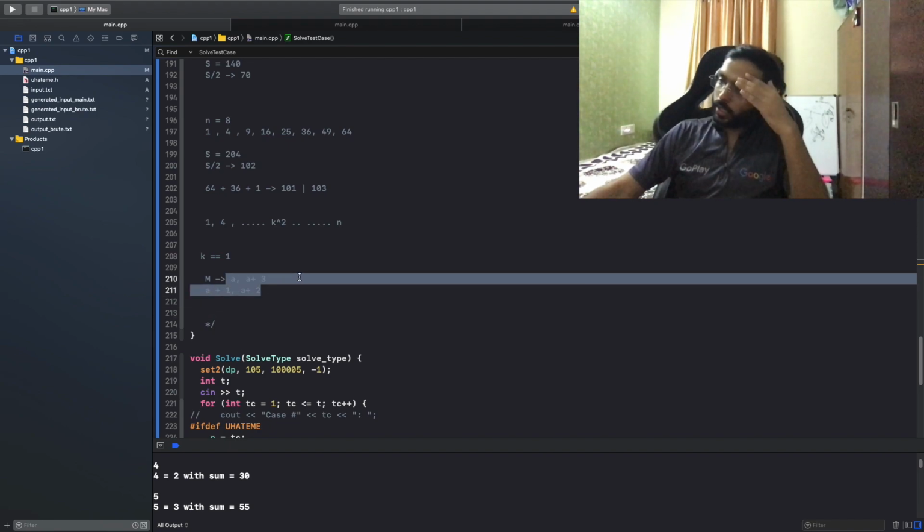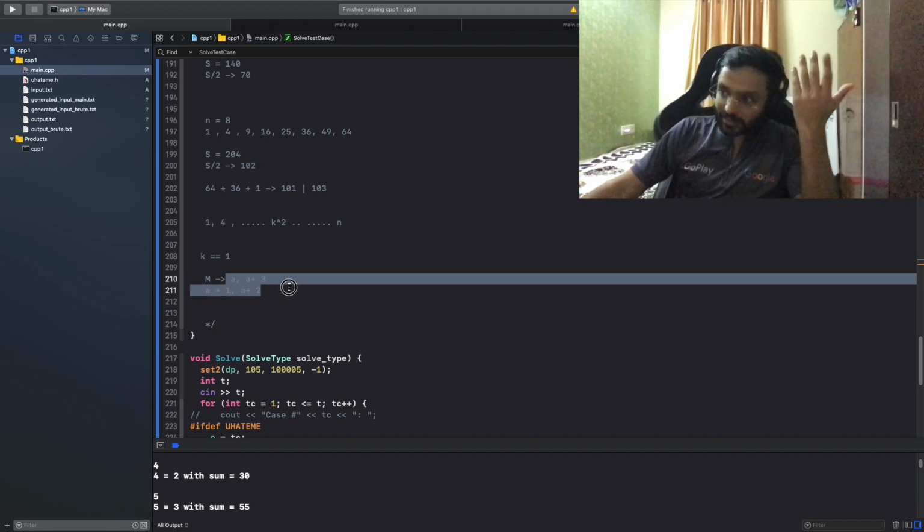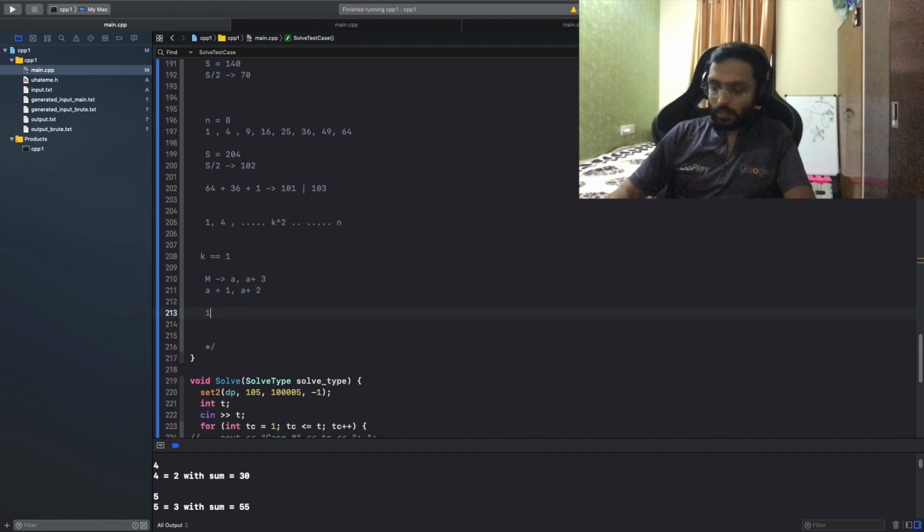And this basically, okay. So let us say 1 up till n has the minimum difference possible, which is either 0 or 1. So 1 will be when sum is odd, 0 will be when sum is even.